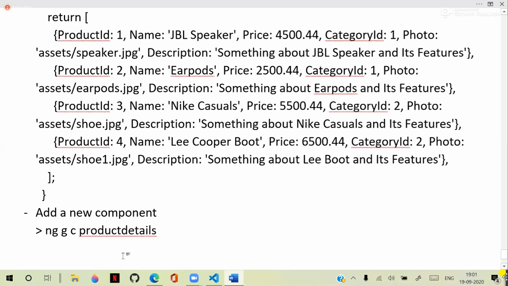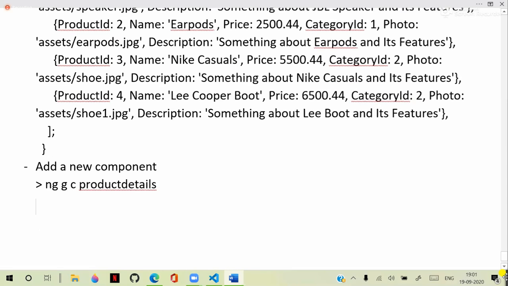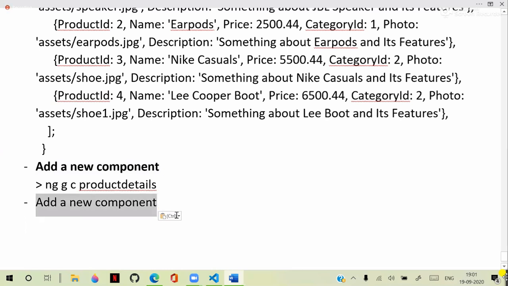Okay. And this product details component should have the information. I will tell you how we can keep that information. But another point is, after the product details, we need to configure another option. Yeah. After the product details, we need another option. That means what we have to do is, after adding that product details component, we need to go to